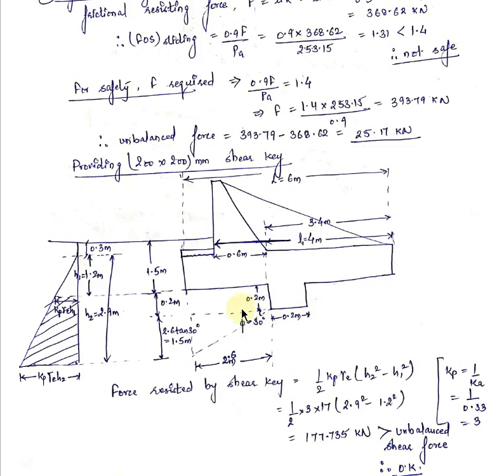Now from the level of the shear key, from this level of the shear key, you draw a line at an angle phi. So you drew a line at an angle of phi equal to 30 degrees. So this much height of the soil, this much soil takes part in exerting a passive earth pressure on the retaining wall. Now from the top, we take a clearance of 0.3 meter, because the top soil can be eroded. So it might be possible that the topsoil after erosion will not exert any pressure on the retaining wall.